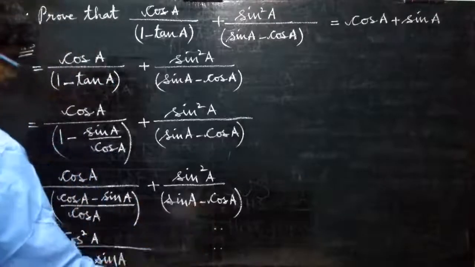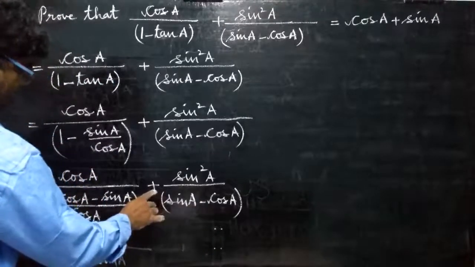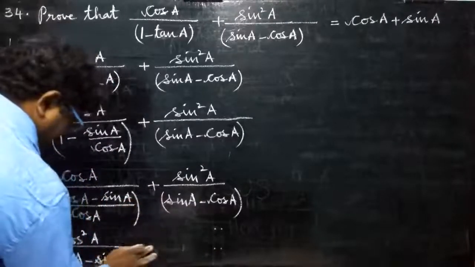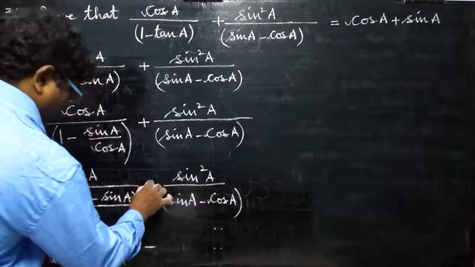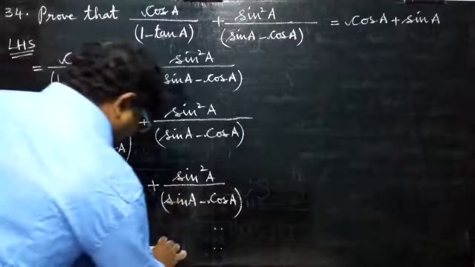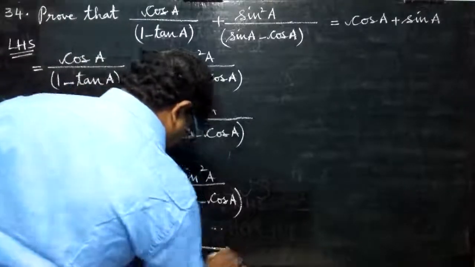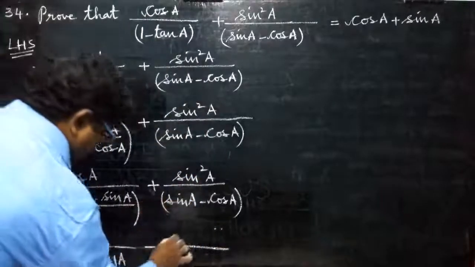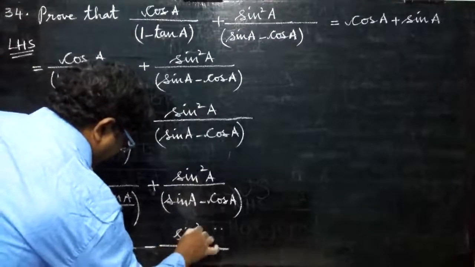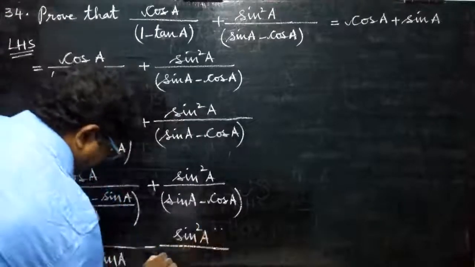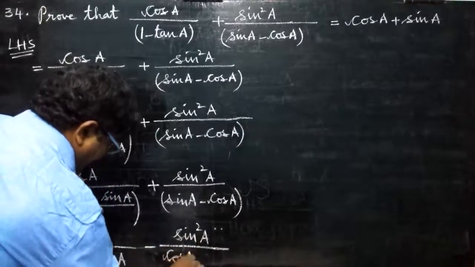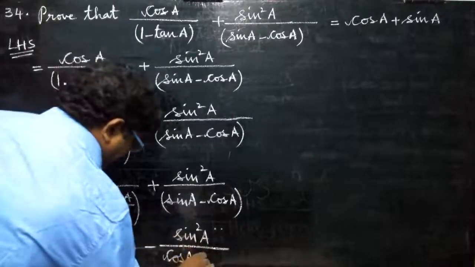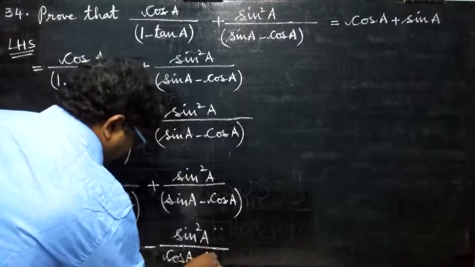When we are writing the opposite, the sign will also become opposite. Plus becomes minus, keep in mind. Suppose minus is there, it becomes plus. Quite opposite. Here sin square A you write as it is, but here I am changing: minus cos A becomes plus cos A, and plus sin A becomes minus sin A. Are you able to follow?